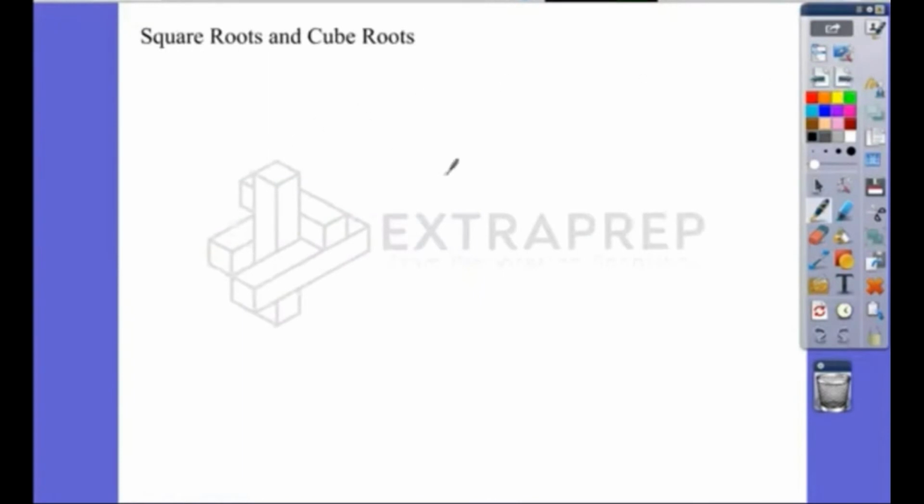Square roots and cube roots. Now it's important to be able to find square roots and cube roots of numbers. So let's talk about that first. Before we actually talk about square roots and cube roots, there are some calculations that you need to learn, and you'll also have to understand squares and cubes. You should know squares and cubes of numbers. Consider this as your homework. I want you to learn by heart squares up to 30 and cubes up to 15.